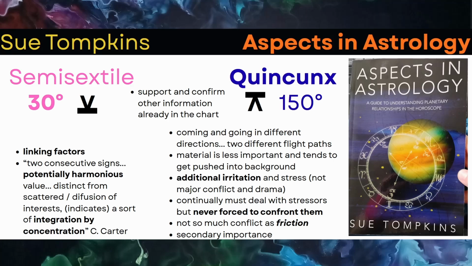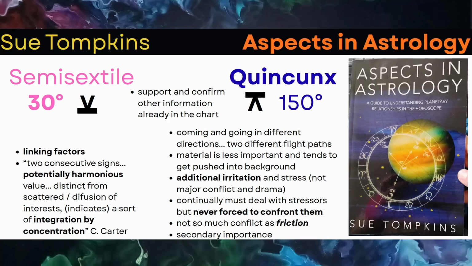rather like two planes on unrelated flight paths. To become conscious of our quincunxes seems to take even more effort than to become aware of the other types of conflict in our charts. This is entirely speculation, but I don't think that this is because the material is more deeply buried, as perhaps with the semisquares and sesquiquadrate aspects, but because that material is really much less important and thus tends to get